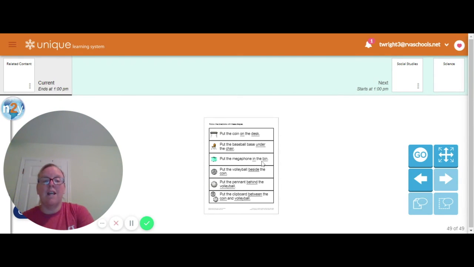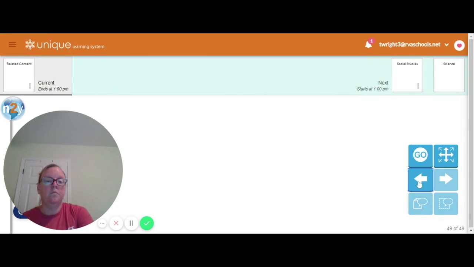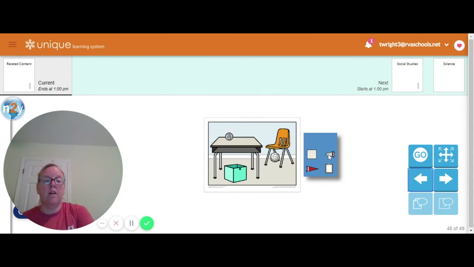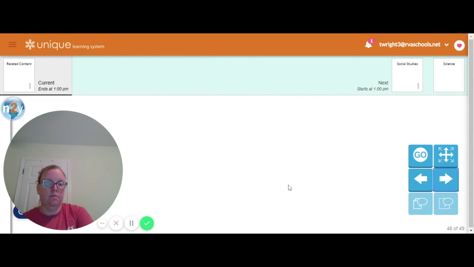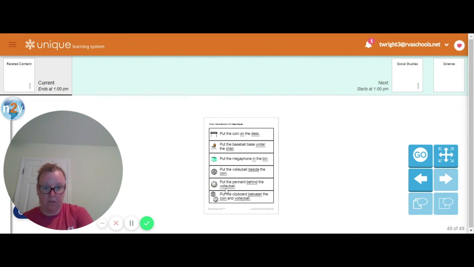Put the megaphone in the bin. This is a megaphone and it looks like a triangle. And here's the bin. They want you to put the megaphone in the bin. Can you point to in the bin? If you pointed here, you are correct. Put the volleyball beside